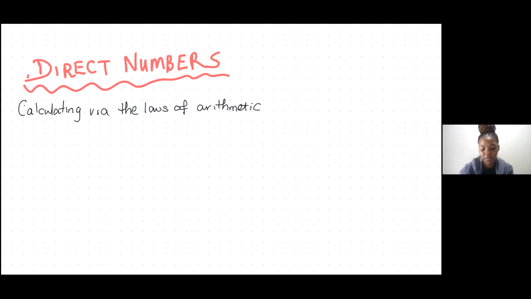Negative and positive numbers. So we already know what is a positive number because we have been dealing with these things since when? How long now we're dealing with positive numbers? Since we know numbers, right? Since we know numbers, we've been dealing with